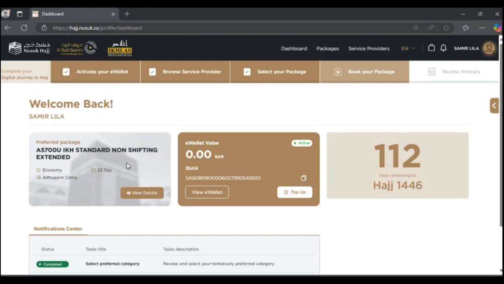But it's okay, you can continue working ahead. Here is your e-wallet balance that will be displayed here, and the number of days for Hajj. If you don't have an e-wallet balance, that's okay. You can continue configuring, but you will get an alert afterwards. So the purpose of this one, we're going to configure packages. So you click on the packages on top,